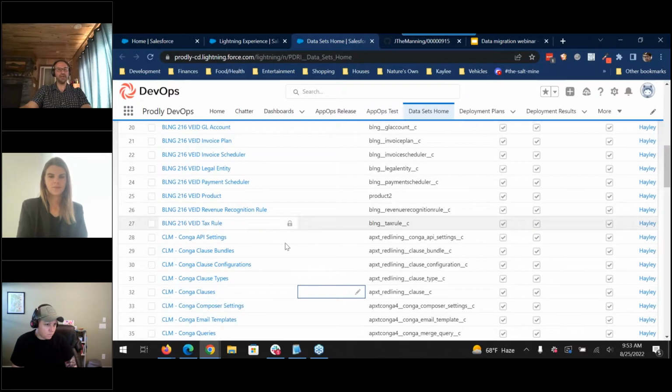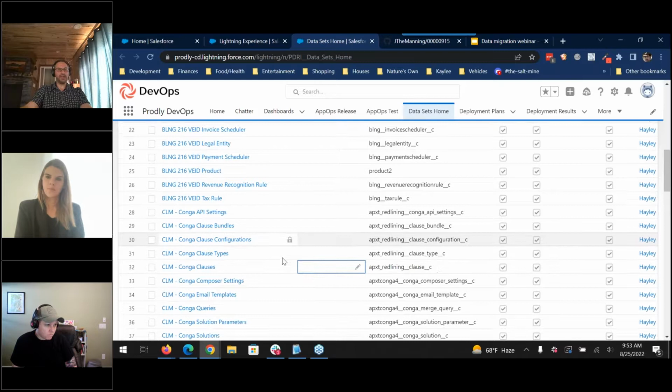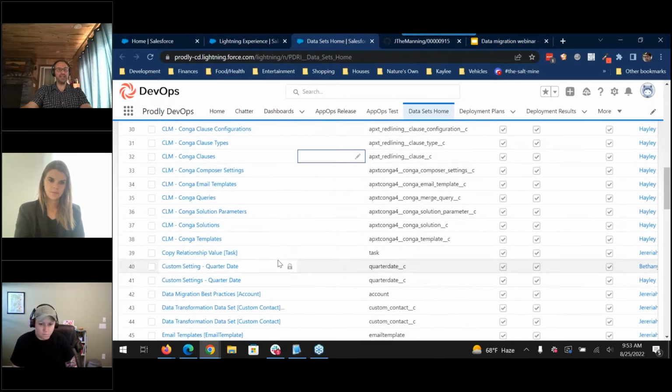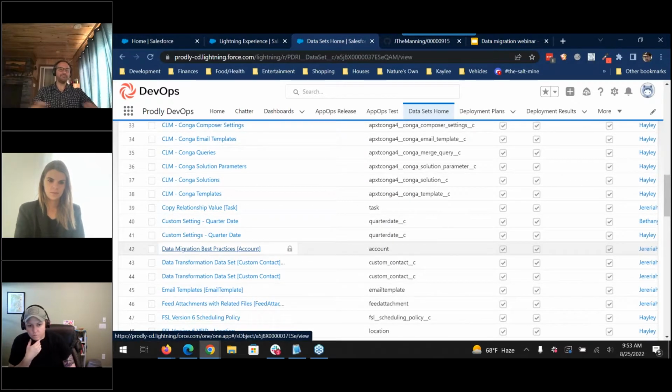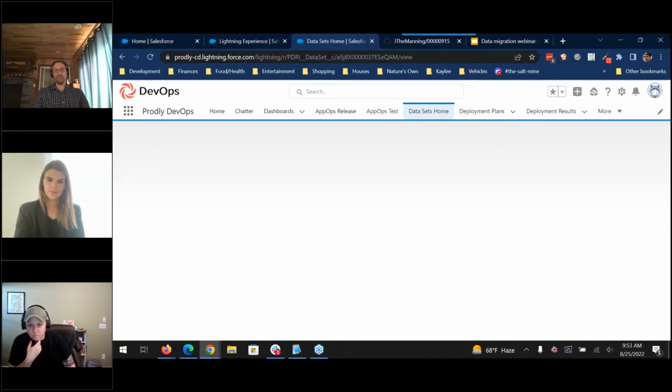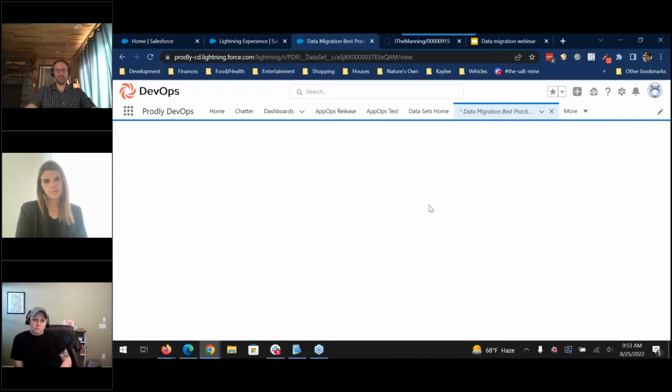As my list view pops back up, we have a bunch. These are pre-built, ready to go. I'm going to focus on the one for today, this data migration best practices. This answers the question of, okay, I've got my accounts and contacts. Oh, also opportunities and maybe cases and opportunity line items. That mission critical data that I want or that project data that I need, it's all the same to Prodly. We don't have to do an Excel file download, upload, get the new record IDs, remap it with VLOOKUPs. Prodly's handling all of that ID information in there and all of the relationships